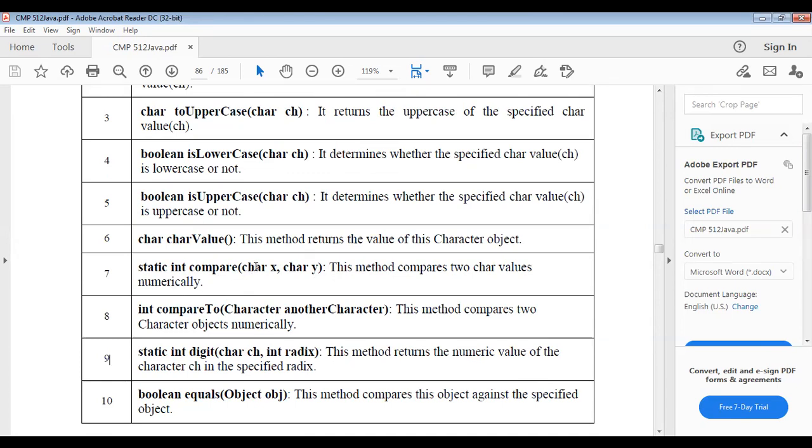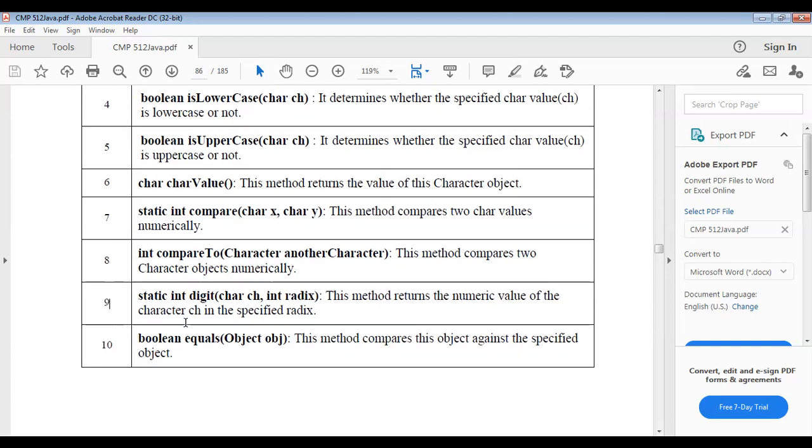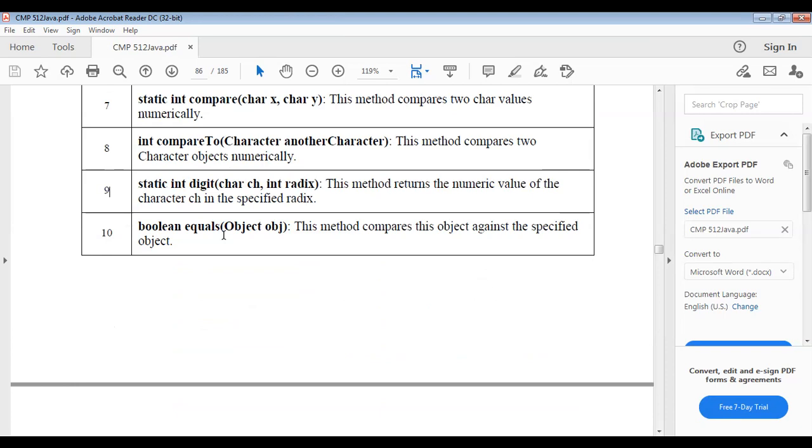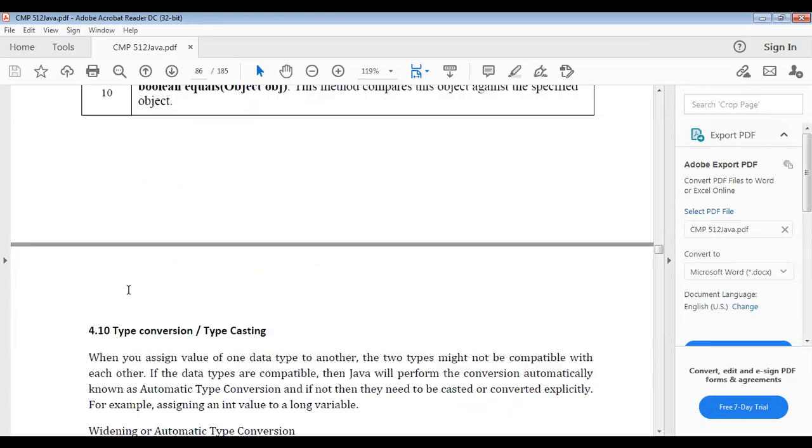It only compares the character values numerically. As well as boolean equals(Object obj), which compares the object against the specified object.